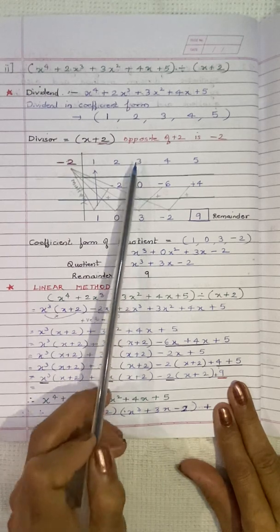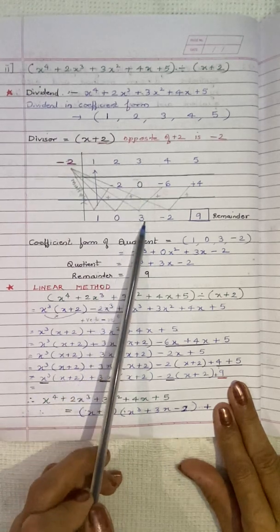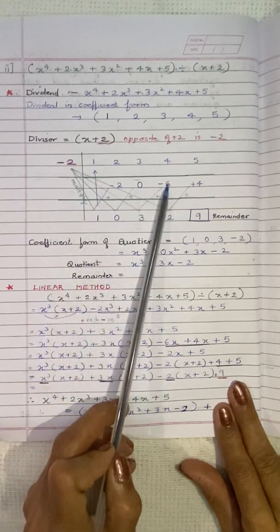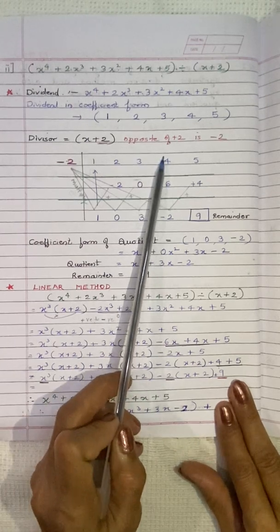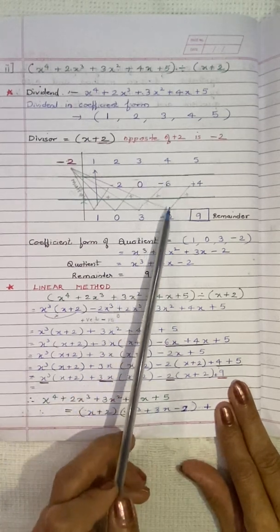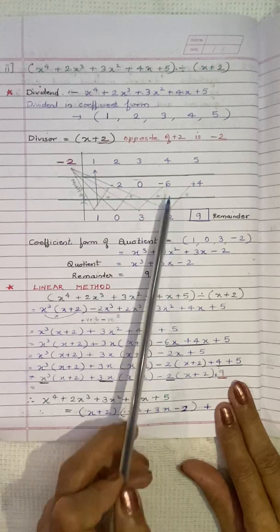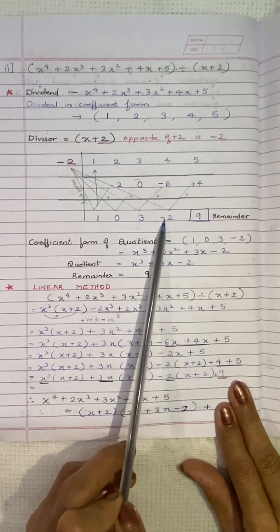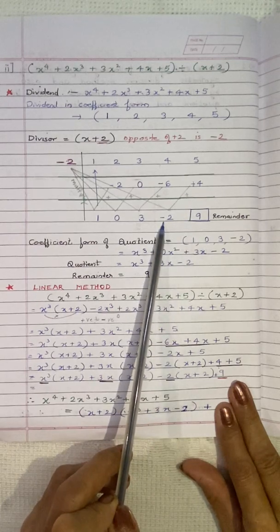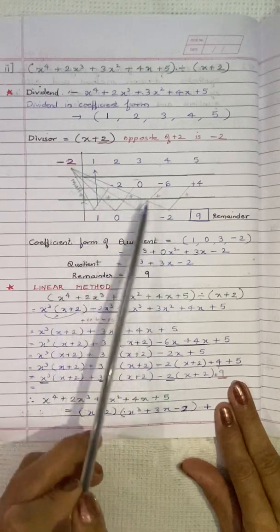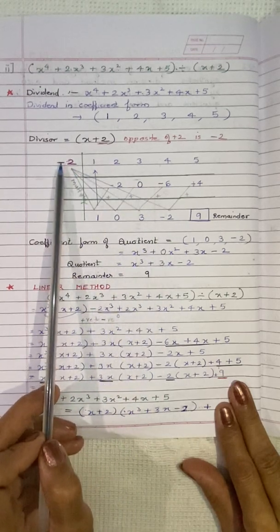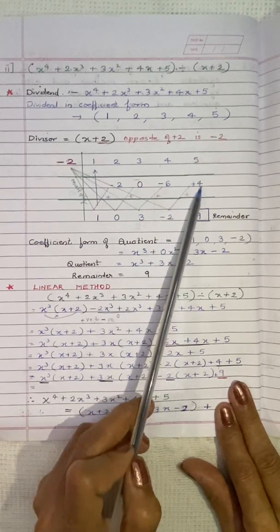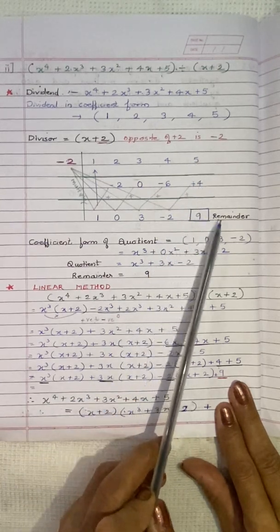Here we will write. Now we will solve 3 and 0. 3 plus 0 is 3. Now 3 multiplied by negative 2 gives us negative 6. We will solve 4 and 6. Negative 6 plus 4 gives us negative 2. Negative units are more, so negative 2, the rest all will get cancelled. And negative 2. So 2 twos are 4. So negative 2 into negative 2 gives us positive 4. So 5 plus 4 is 9. So this last term will be the remainder.